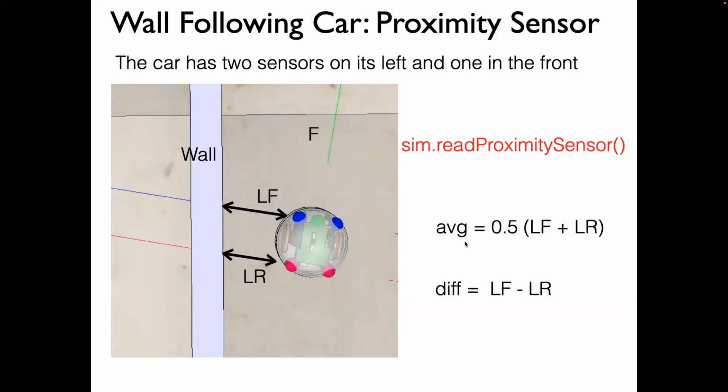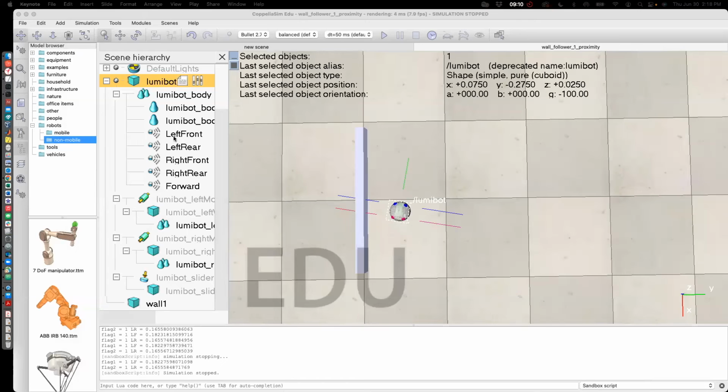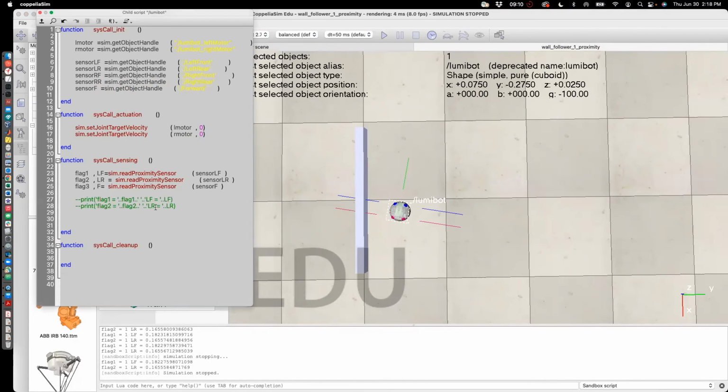as I said, we're interested in these two distances. We want to find the average of the distance between LF and LR to give us a mean distance, which is going to be this, the average, and then the difference between LF and LR. Now, the way we would do this is obviously we will define a variable. Let's call it